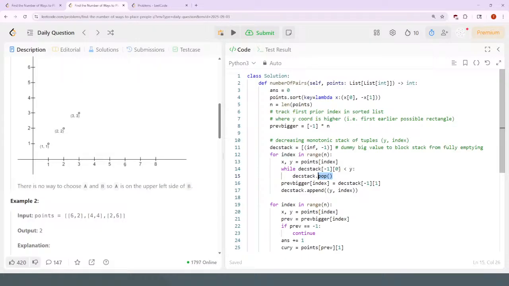So you'd pop the 5, and in theory there might be something bigger than the 5 on the stack. Let's say the stack is 20, 5 and the current y value is 10, so you pop the 5 off. Then you compare 20 to 10, and 20 is not smaller than 10, so that would stop the while loop, and then you push 10 onto the stack, so it'd be 20, 10 after that. Anyways, it pops off any smaller values than the current y that would prevent it from being decreasing, and then the stack should have the